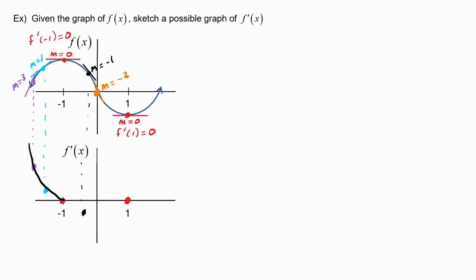There's lots of choices. Since the slope here is the steepest negative slope, and after that it starts going back up to 0, we know that that will be the lowest y value on the graph, the most negative, if you want to think of it that way. So if we kind of connect these dots here,